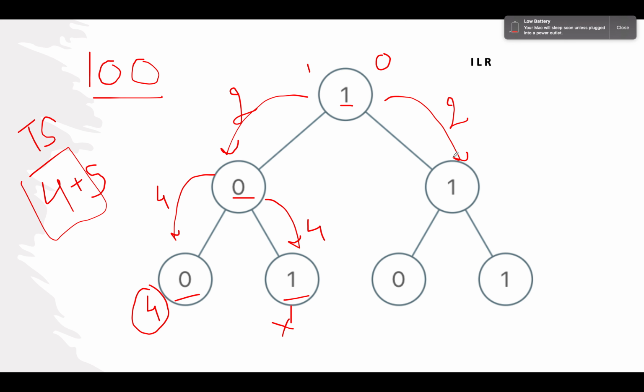Right now, what value has been passed to 1? 2 has been passed to 1. So 2 plus 1, what does it give? It gives us 3. So let's pass the value to its child node. When we are passing the value to its child node, it gets multiplied with 2. So we pass 6 here, we pass 6 here, since the upper nodes are given more precedence than the lower nodes. 6 plus 0 is 6, and it's a leaf node, so 6 gets added to the answer.